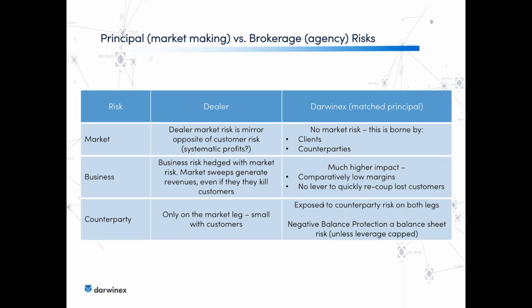Not only that, but it could be, as happened in the case of FXCM and the Swiss market event in 2015, that some of the customers may lose more than they had in margin with us in the first place. So if somebody is levered, say, 30-1, and there's a 5% movement in the underlying before the stop losses can trigger, which is more or less what happened in the Swiss franc event, then not only has the customer lost all the money that he had, actually he has lost money that he didn't have because we owe that money to our counterparty. We owe that money to Goldman Sachs, and we have to pay that out of our own pocket or go bust.